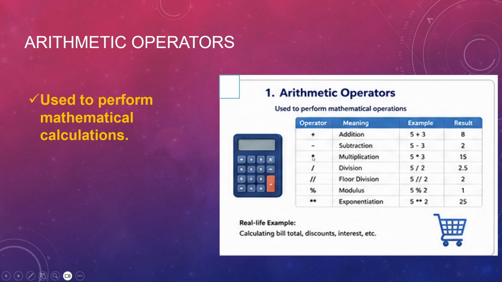Addition, subtraction, multiplication. Now, division: there were two parts to division. At times we work with the quotient and at times we also need the remainder, right? Whenever you want a quotient, you use slash. Whenever you want a remainder, you use the modulus sign. Depending on exactly what we need, you will select either slash or modulus.